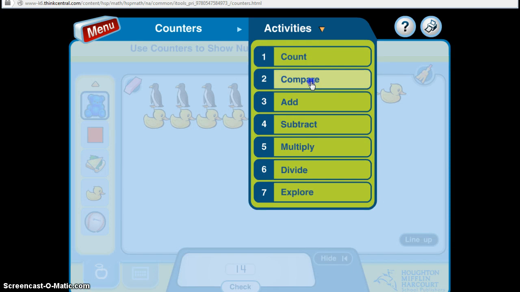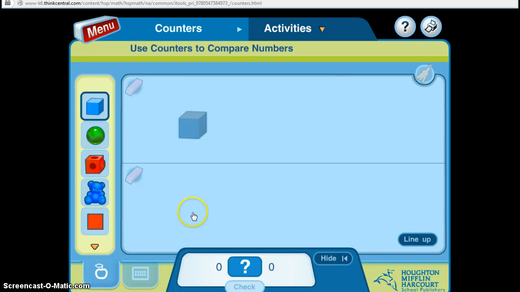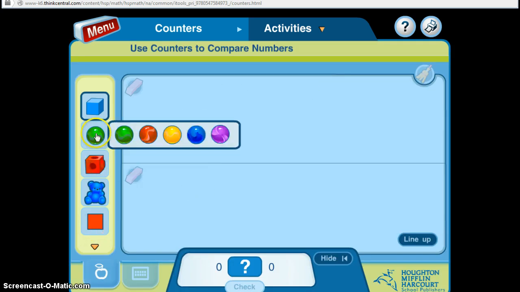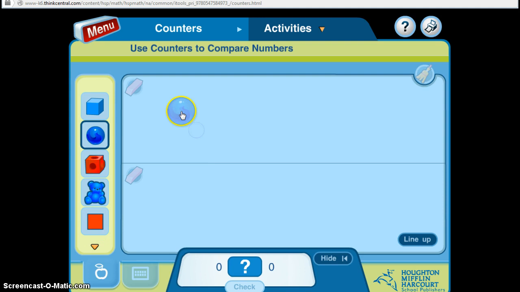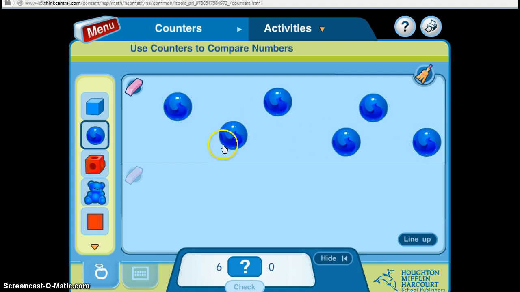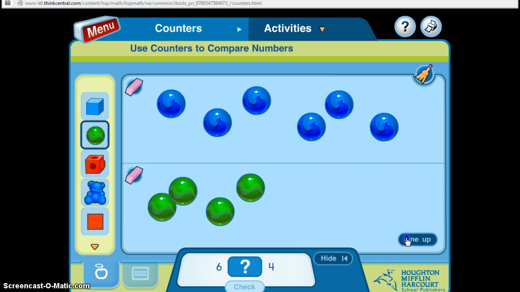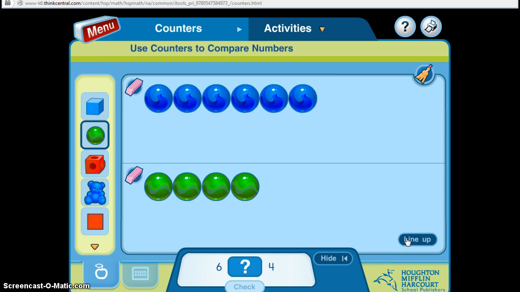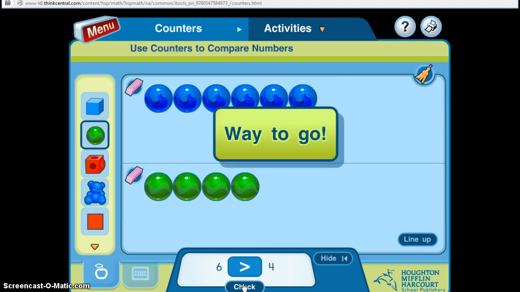Instead of counting, let's compare. So now you can see I have the top and the bottom row. Let's compare marbles. Blue and green. Alright, I could leave them like this, or I could line them up. And now I can choose which group has more. Okay,